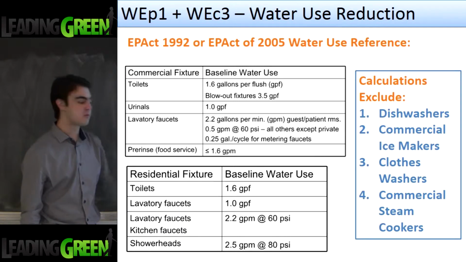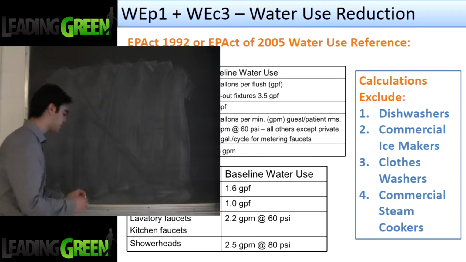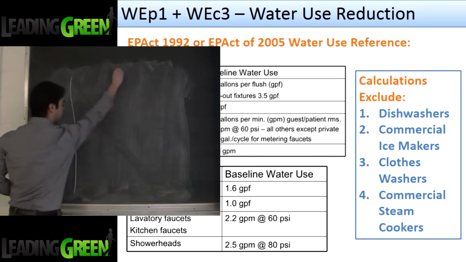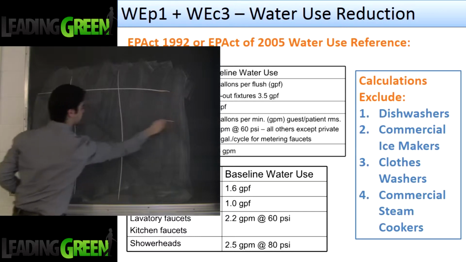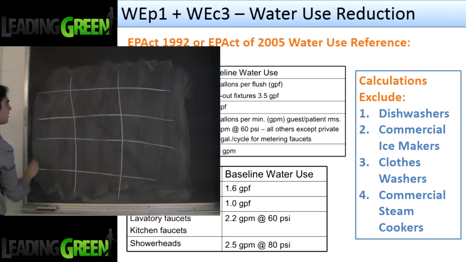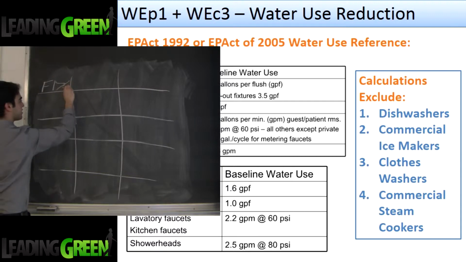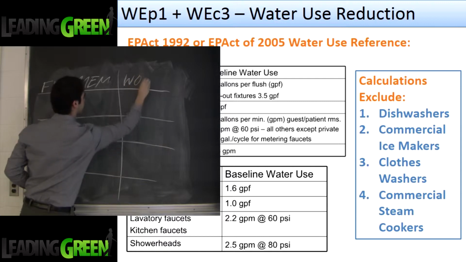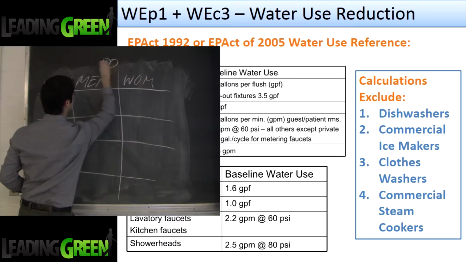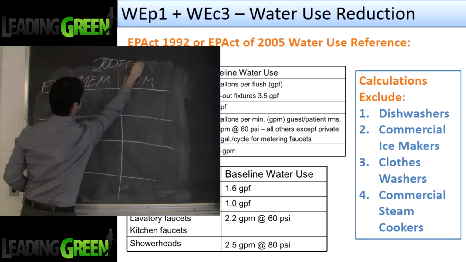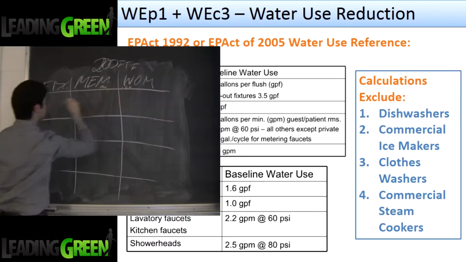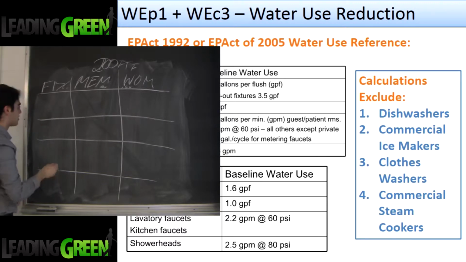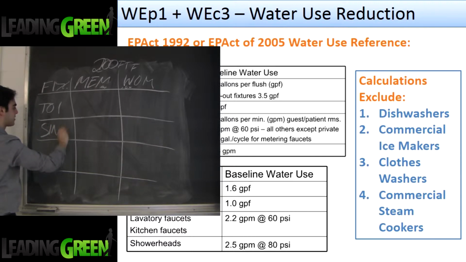So we might as well quickly run through that calculation because some of us haven't seen it in a while, just showing our baseline. So if you haven't taken the course in quite some time, this is how we calculate our baseline. So here's our fixtures, men, women. If we have 100 FTEs or 200 FTEs, we split it up and say 100 each. This is in our commercial office tower for an example. So in a commercial office tower, what do we have? We have toilets, we have sinks or faucets, and we have urinals,